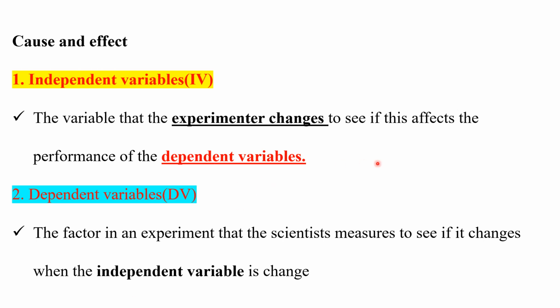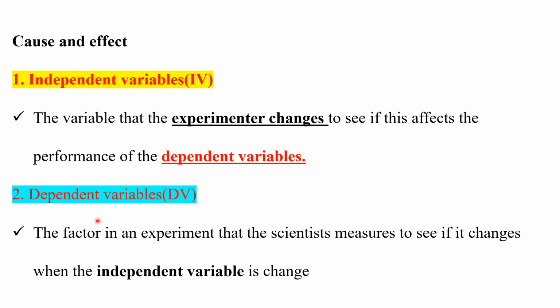The independent variable is the variable that the experimenter changes. So now I am changing farm 2 by adding fertilizers, to see if it affects the dependent variable. As our expectation, the farm which has fertilizers is more productive. So the farm which has fertilizer is called the independent variable, and the farm which doesn't have fertilizer is called